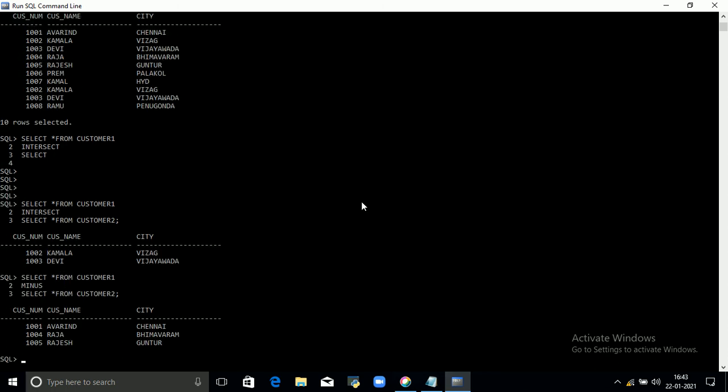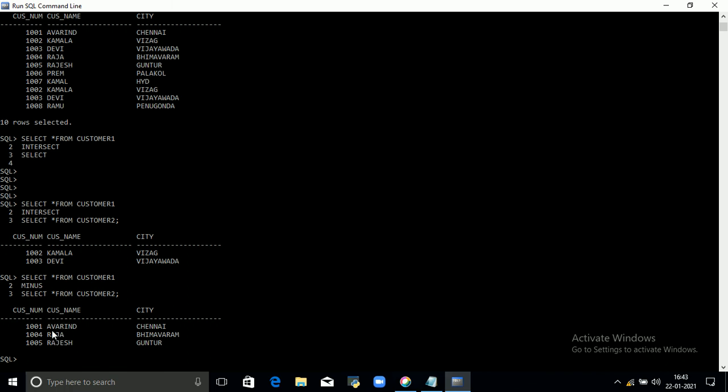So the common rows will be eliminated and only the data of the first table will be displayed on your screen. Okay, with minus, the common rows in both tables are removed and only the data present in the first table is displayed on your screen.